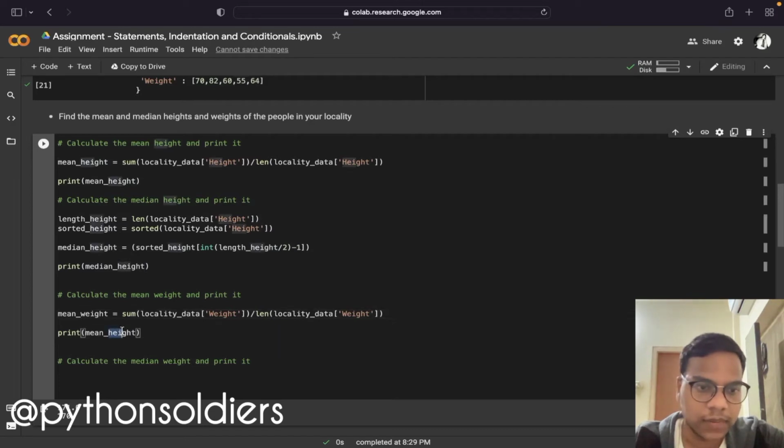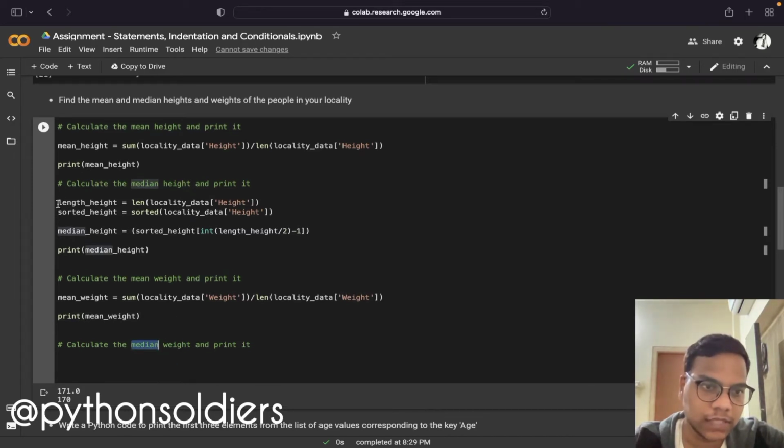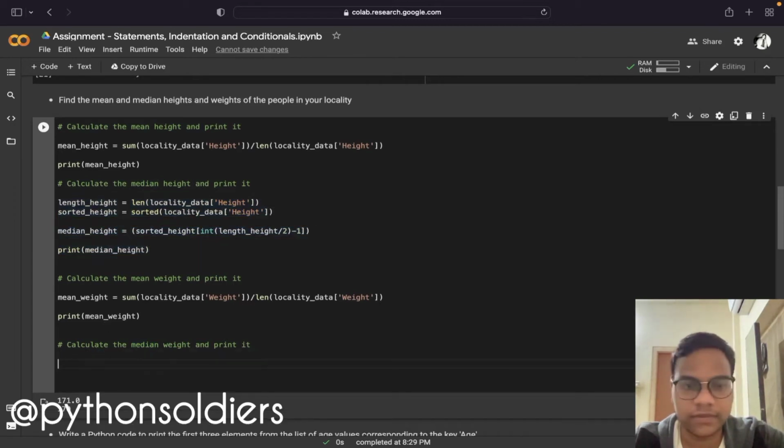Now I'm going to print mean weight. Then we will also need to calculate median weight, right? So I'm just going to copy this thing. In place of height we need to write weight